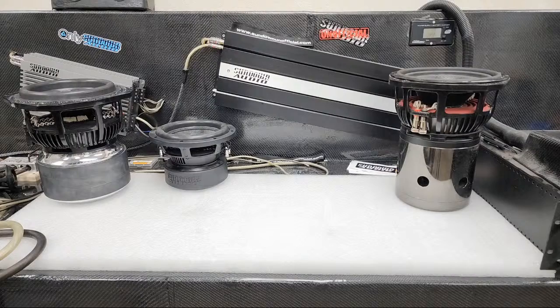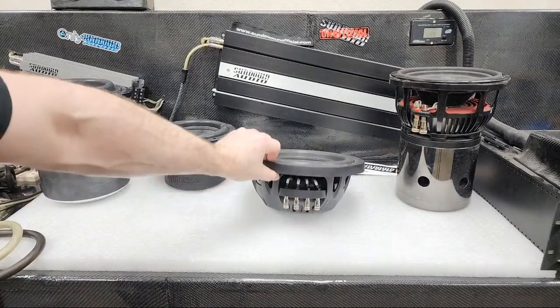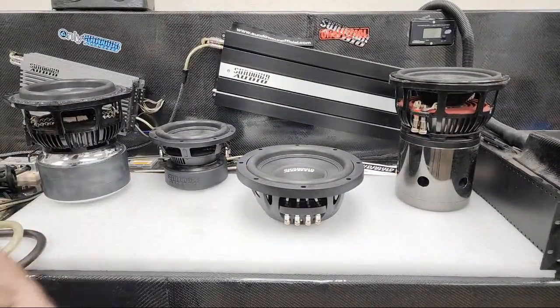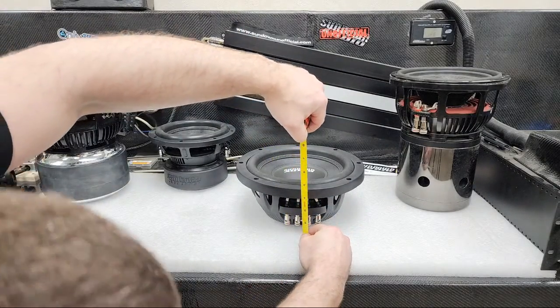And this might do it pretty good. So here's a 10. This is our SML shallow mount 10-inch subwoofer. It is a very shallow subwoofer. We'll throw a tape measure on it here. So we're sitting about, and I'm on my phone a little bit, we're sitting about 3 3/4 of an inch